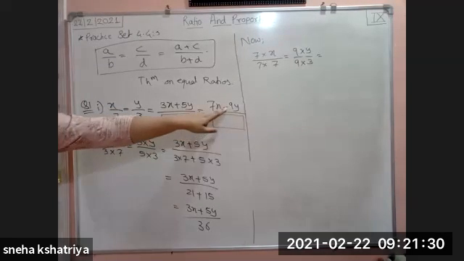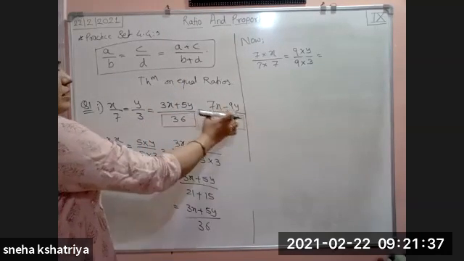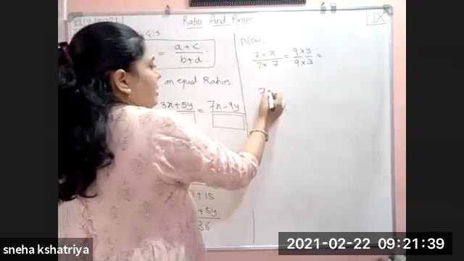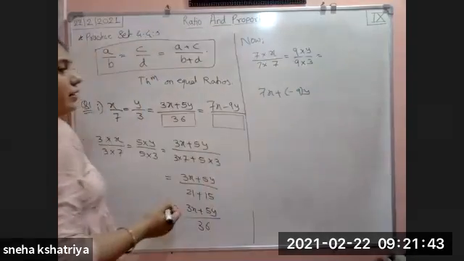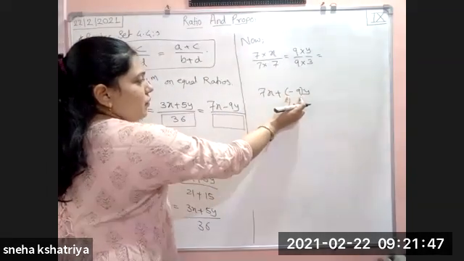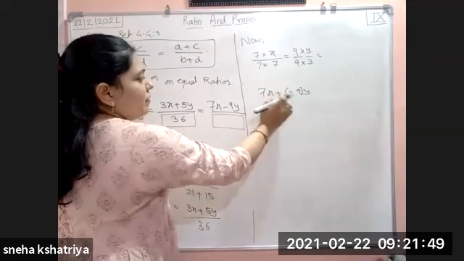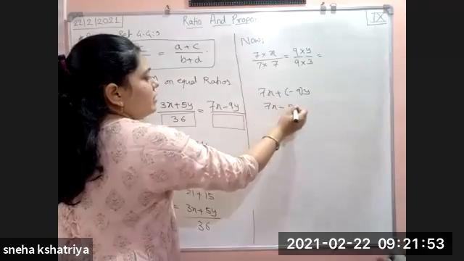Now what is here? Here it is subtraction. Now see here, subtraction means what? This minus 9 means what? 7x plus, in the bracket we can write minus 9y. So minus 9 means what? It is the term which is multiplied to y. It is minus 9. Now after solving this bracket, this minus plus becomes 7x minus 9y.